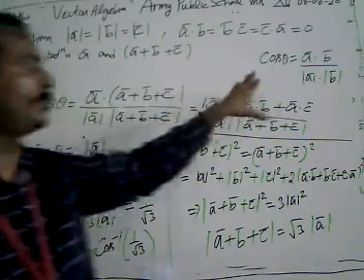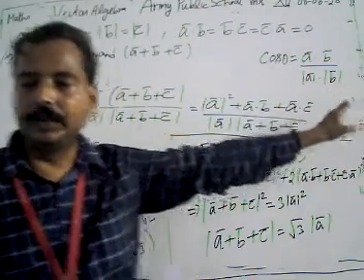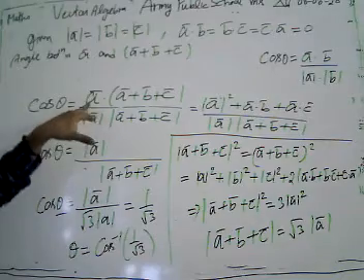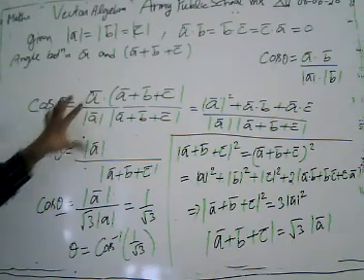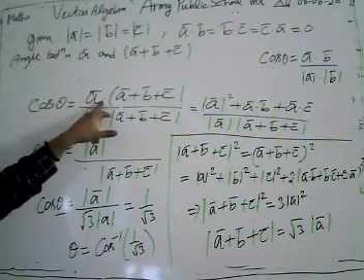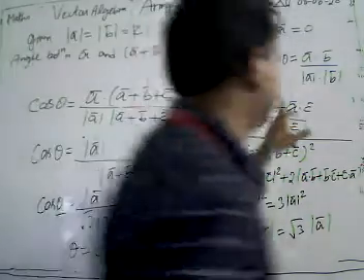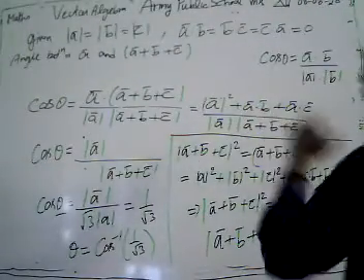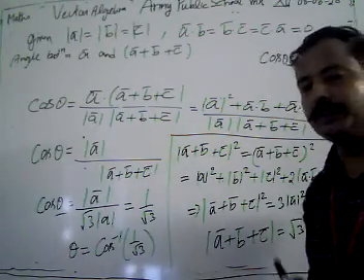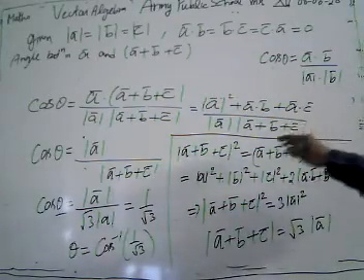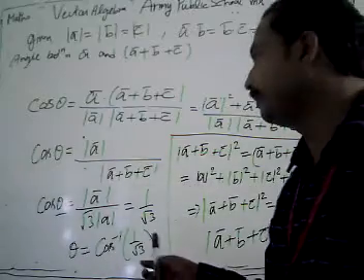By using our basic concept, cos theta is given by vector A dot B divided by modulus of A times modulus of B. Then we put A plus B plus C in place of B. After that we multiply vector A dot A plus B plus C. We get mod of A square plus A dot B plus vector A dot C. But the product of these vectors is 0 because they are mutually perpendicular to each other. After solving that, cos theta is given by magnitude of A over the magnitude of A plus B plus C.